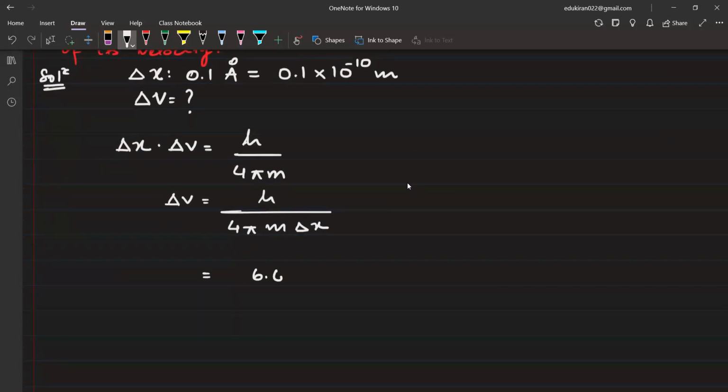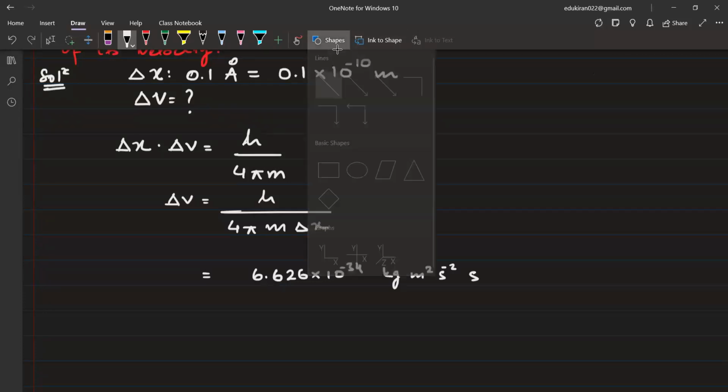So h is 6.626 times 10 to the power minus 34, as we have given this value earlier. This will be in terms of what? It will be in terms of joule per second. If you want to write the complete units, you can write kg meter square second to the power minus 2. Sorry, second minus 2. This is joule, and then 1 second here, divided by